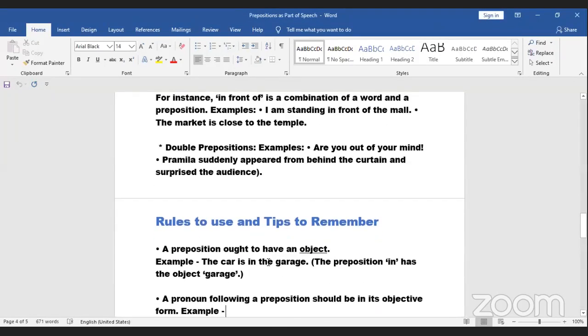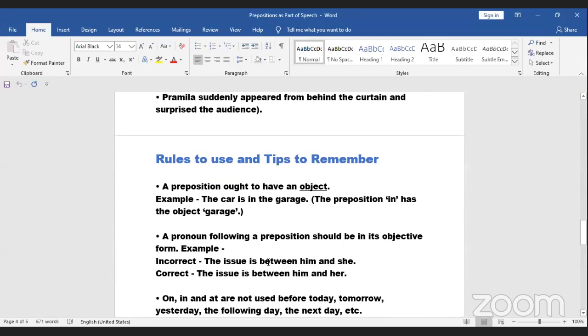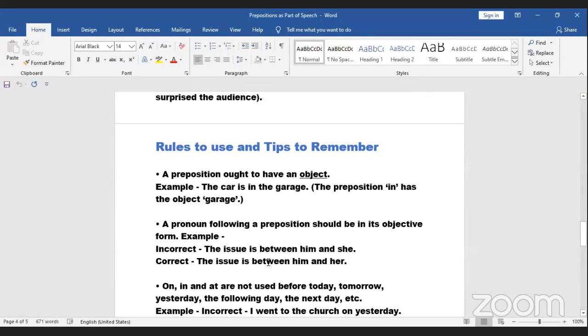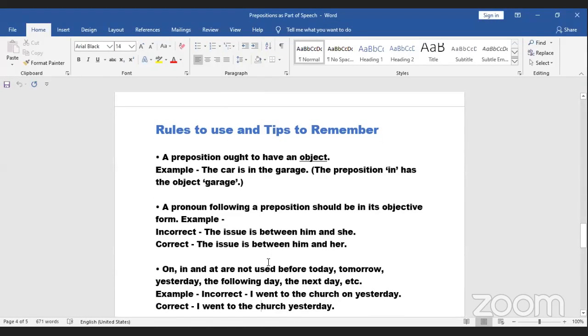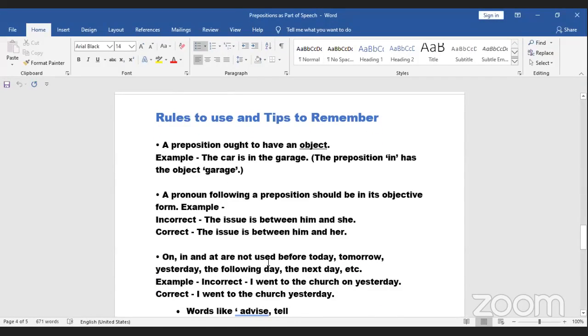Now, rules. There are not many rules to abide by when it comes to prepositions, because most sentences have a pre-formatted kind of preposition. For example, let me say some more things which are not in here. Let me have all of your attention, please. So when I'm talking about phone,